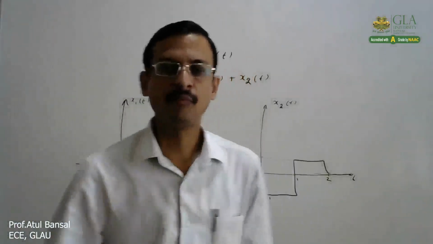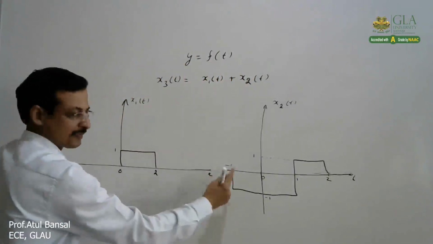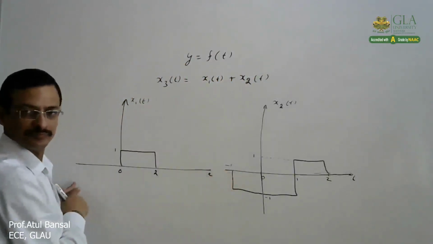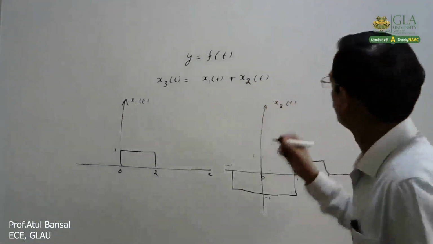If we start from -infinity up to -1, both the signals are 0. So 0 plus 0 will give us 0. So if we sketch the new signal,